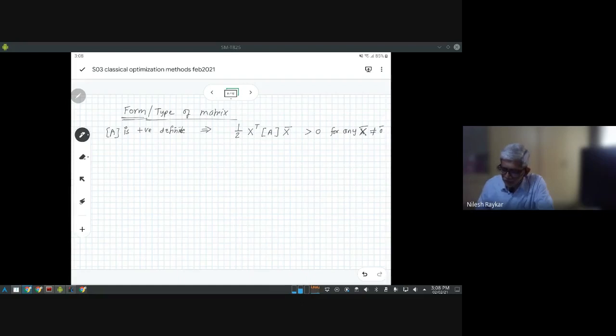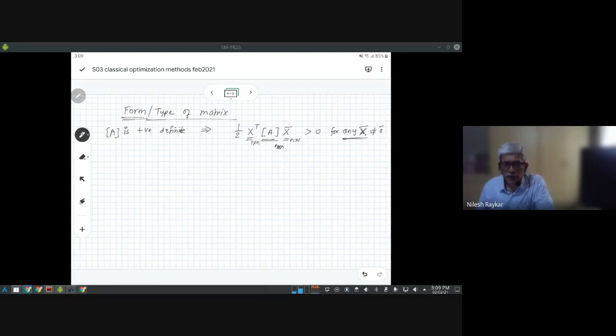So if you have matrix A, for example, the Hessian matrix, and you want to determine whether it's positive definite, you have to consider any arbitrary vector. If your matrix is n by n, this is a property of square matrices; positive definite and negative definite apply to square matrices only. So the x bar is any n by 1 vector, and its transpose will be 1 by n. You take this particular product for any arbitrary non-zero value of x.